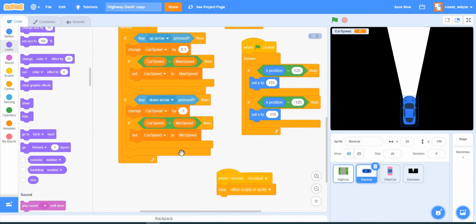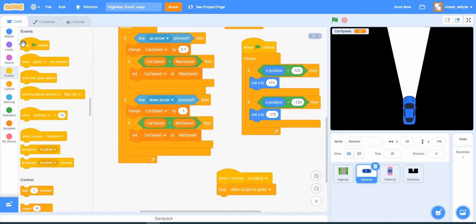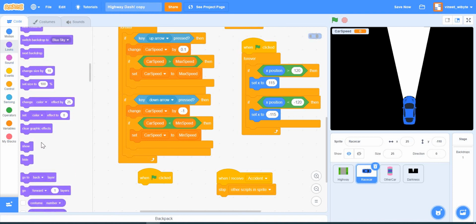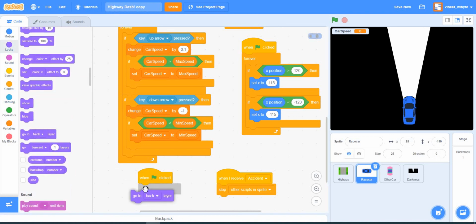And then finally for the race car, I'll say when flag is clicked, go to the top layer. With this done, I expect that my layers are all set, and no sprite is hiding another, apart from the ones that we really want to. We want the highway to be at the end. We want the cars to be running on top of that. We want the darkness to go on top of that and obscure the cars, hence darkness on a higher layer. And finally, we want our car to be visible at all times.